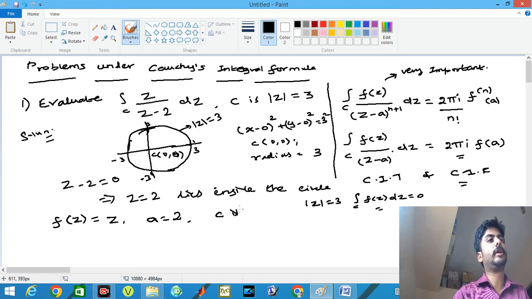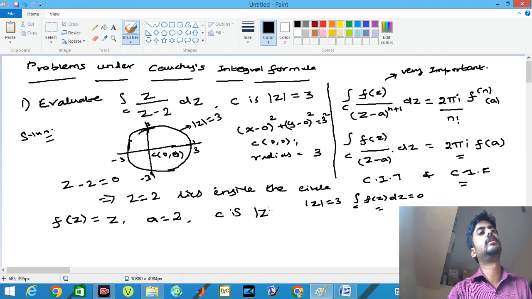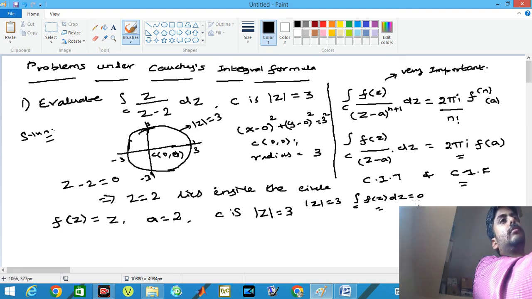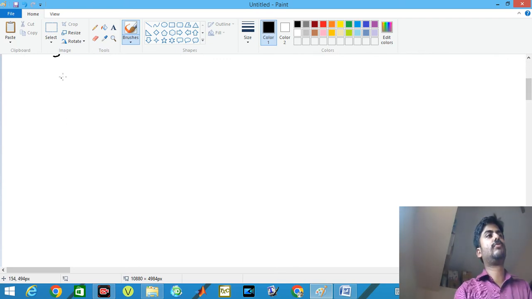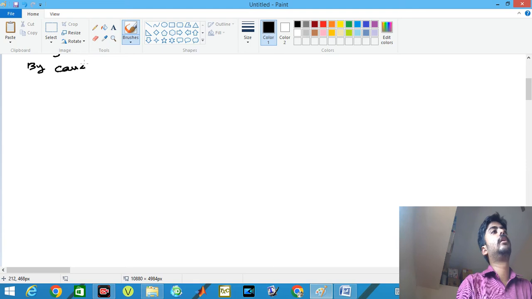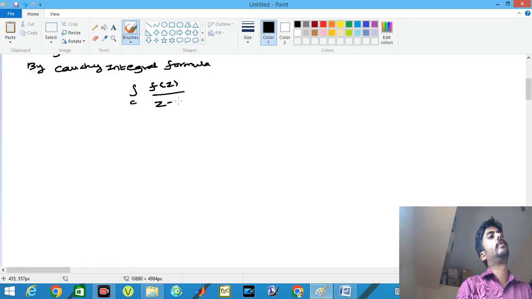C is given by modulus of z equal to 3. So by Cauchy's integral formula,